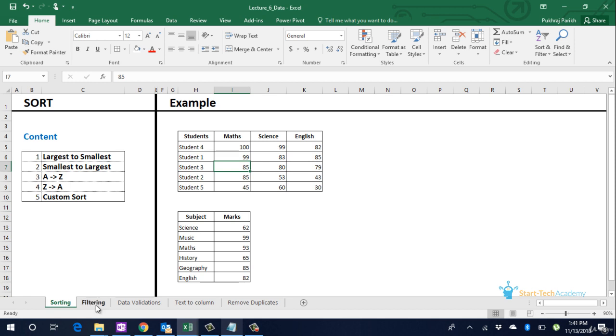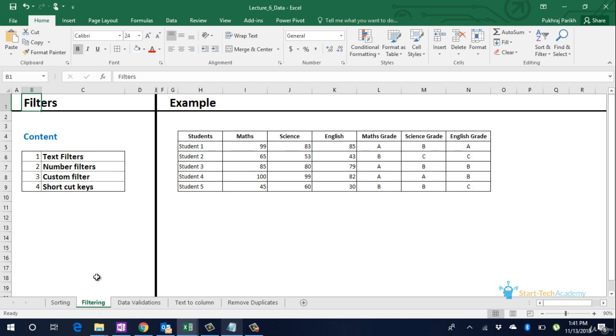Next, we look at the filtering options. Filters will allow you to keep and filter out the data you desire. That is, if you have data of both male and female and we want to look at the data of females only, you can put a filter on gender and select females only. In our example, we first select the table on which we want to apply filters.